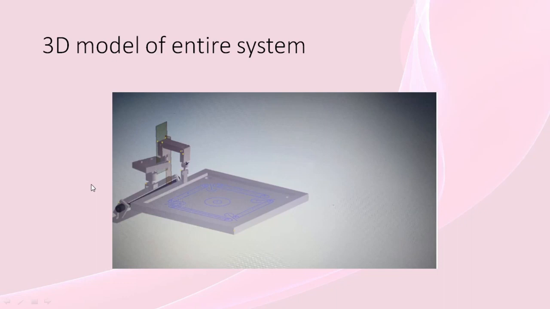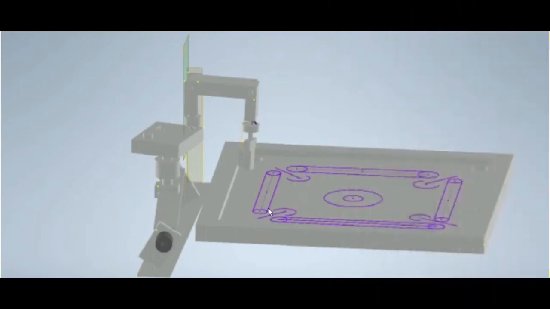So here is a video of our 3D model. This is the 3D model of our entire system. This is the striking part. This is a buzzer, wireless module and Arduino which is attached to the body, and this is the movement mechanism where we have an aluminum rod and a stand to hold the rod, and a C clamp which is attached to the body and again attached to the rod so that movement can take place easily.